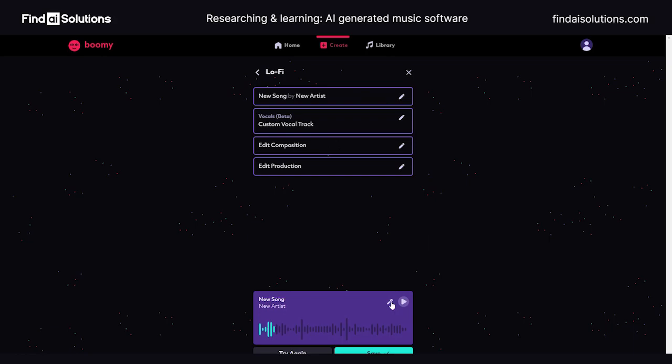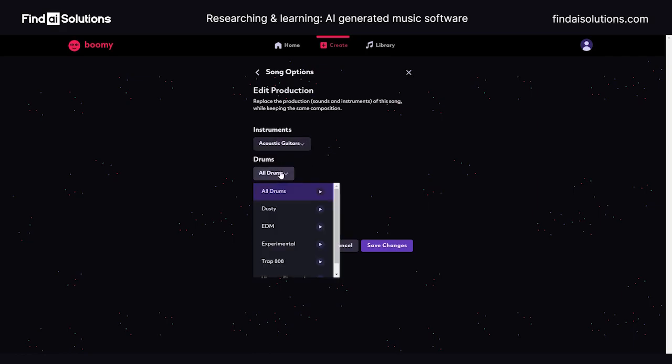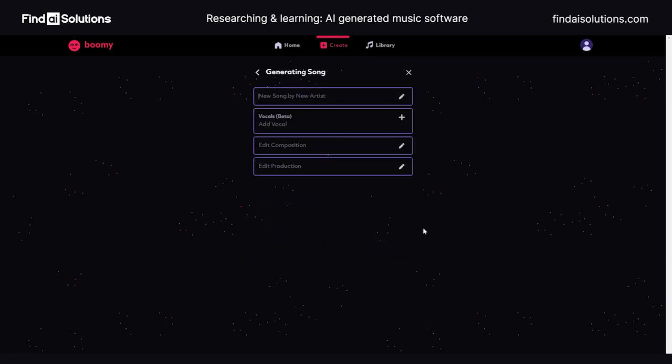That's quite interesting there. Okay. I wish we could remove the vocals. Can we? I don't know what this button does. Okay. I don't know what this five does. All right. Edit production. Let's see what that button does. Okay. What happens if I click here? You have to choose what you can use. Okay. Let's do none. And is it going to change the song? It sounds like it's going to regenerate a new song.